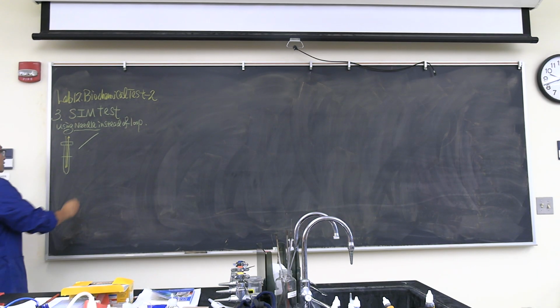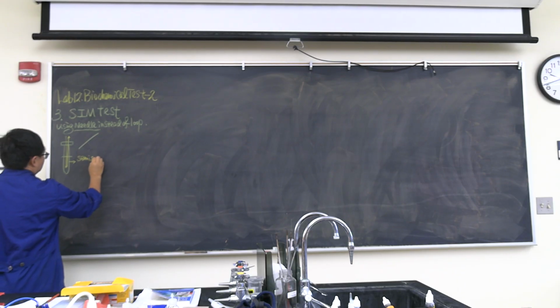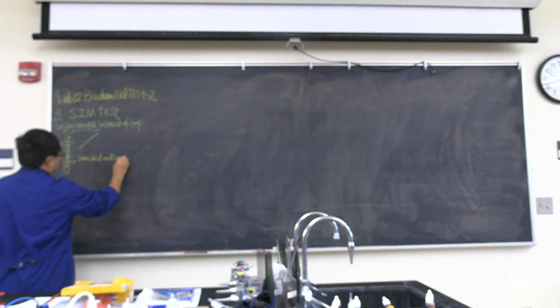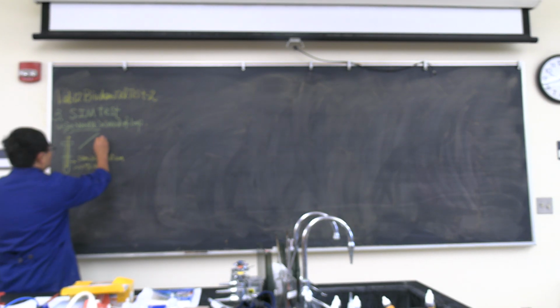So first of all, this is a semi-solid medium, which contains roughly 0.15% agar. It's very soft, and I'll tell you the reason later on. And using this needle right in the middle, back and forth one time, we are talking about 1 stab,